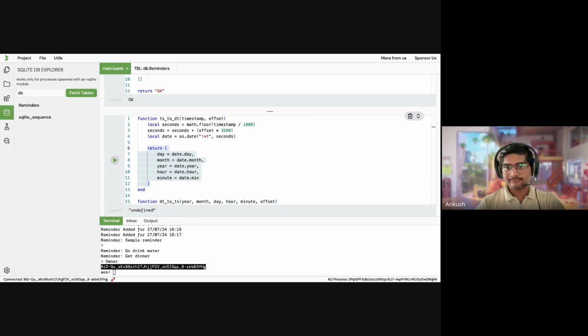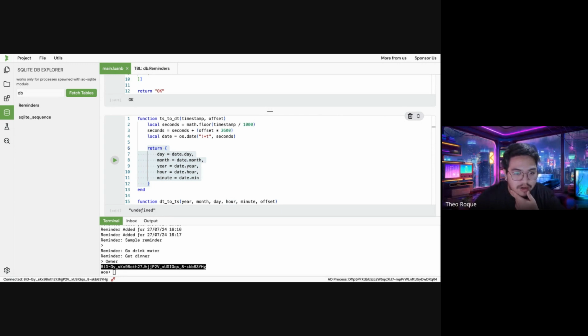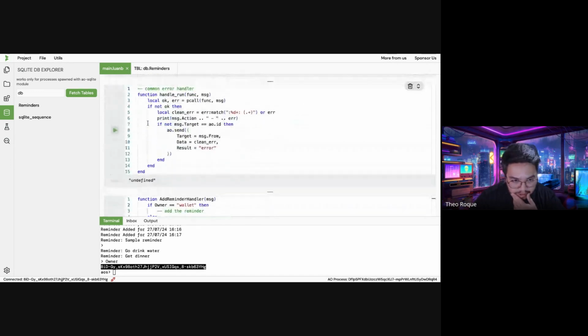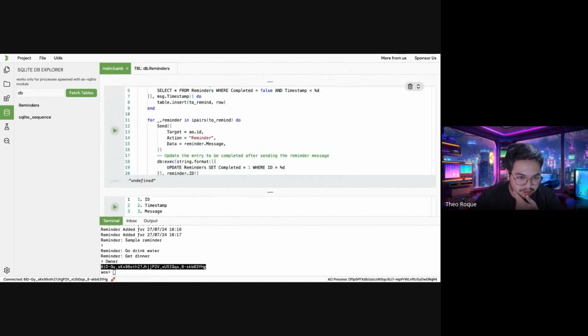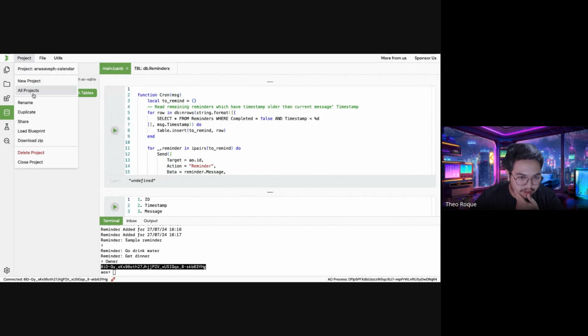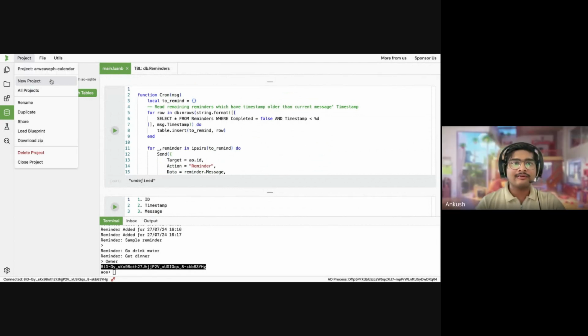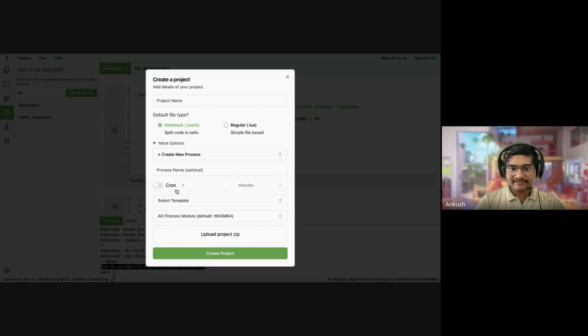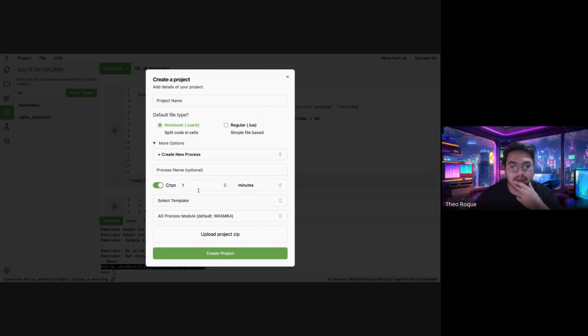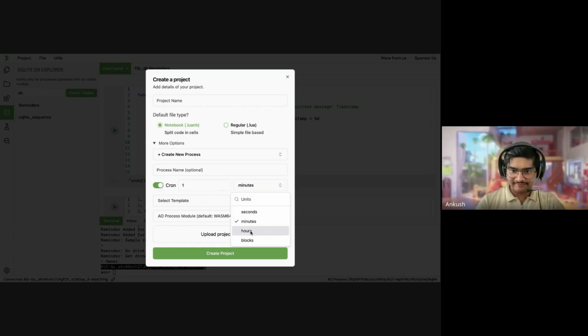So can you go back to where we're setting the cron? Just wanted to check real quick. The data for cron gets set where you create the new process. Yep. Okay. Yeah, so it's interval. Instead of 1 minute, we can have 1 hour,